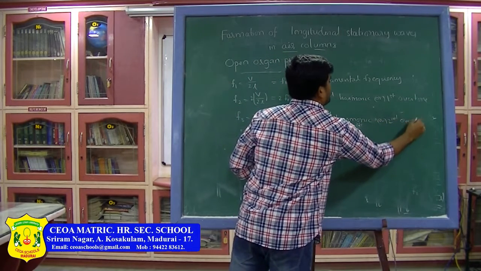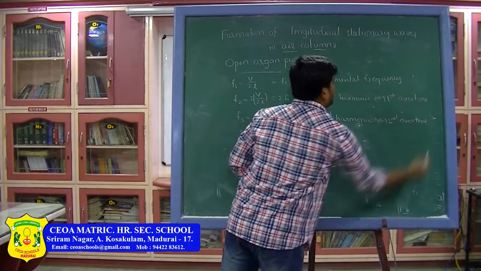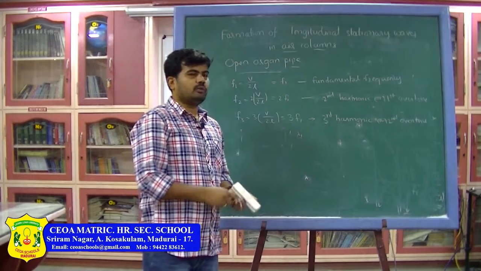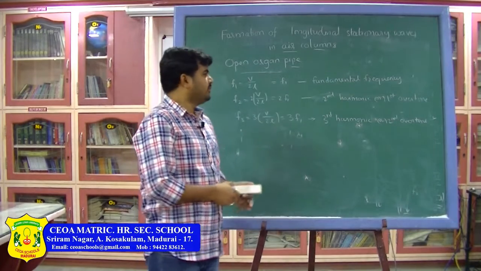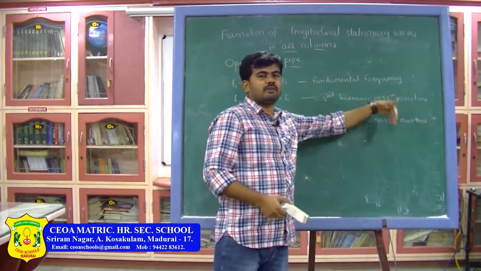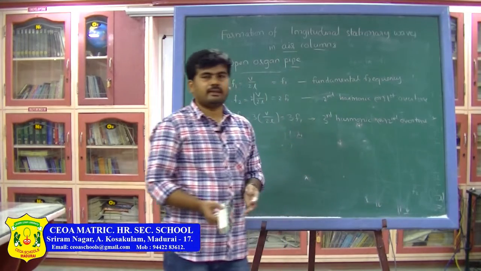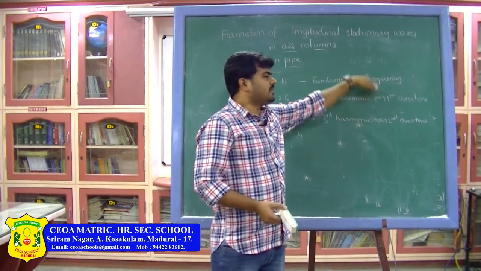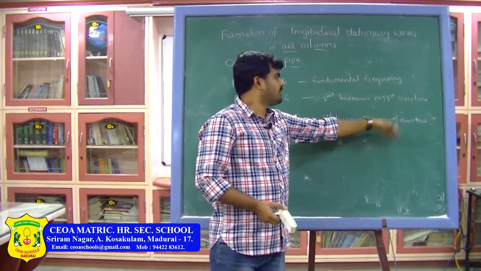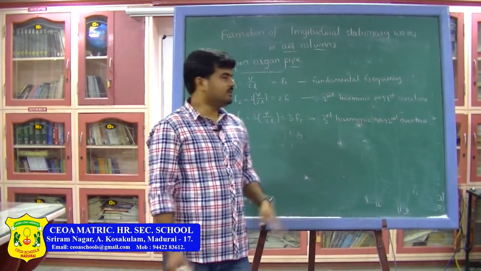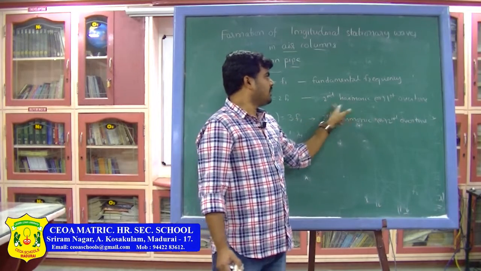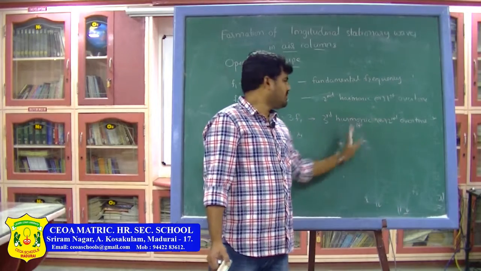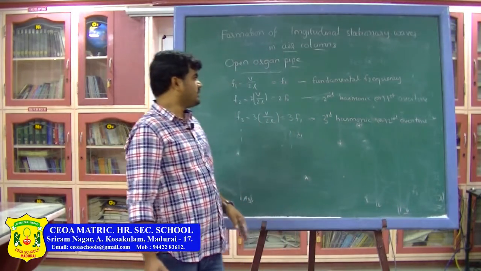So, this is what you have to remember, because in the problems they will mention the word either harmonic or overtone. So, you have to be very careful with which frequency is given in the problem. Then only can you get the clear answer. So, remember, except the first frequency, that is the fundamental frequency, all remaining frequencies are called overtone frequencies. So, the second one is second harmonic or first overtone, third harmonic or second overtone and so on.